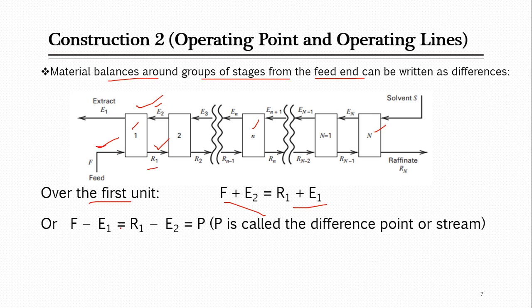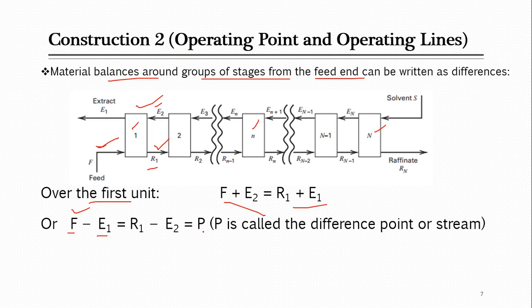You can remember it this way: something rich in carrier, because feed contains carrier, minus something rich in solvent,